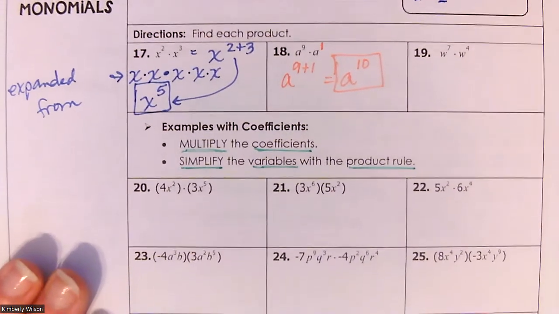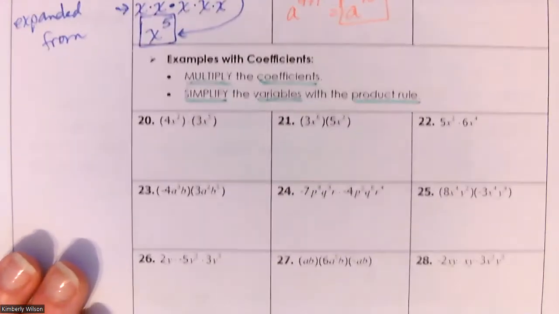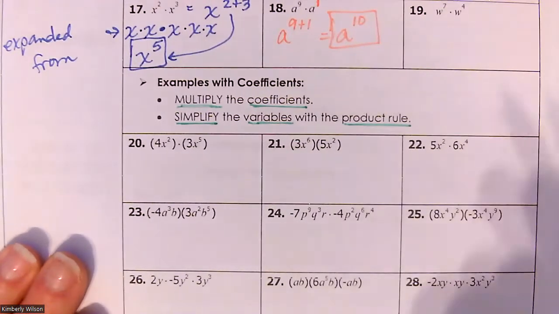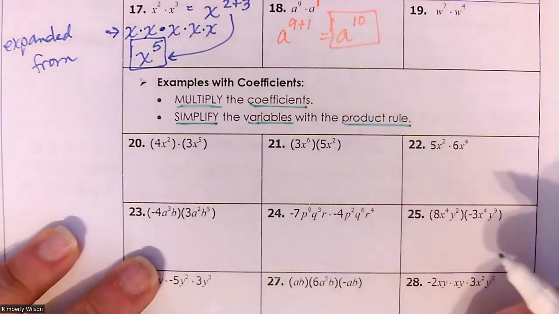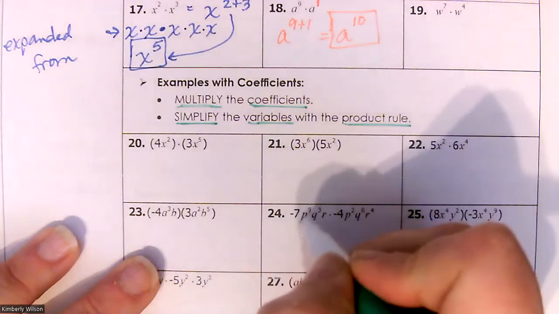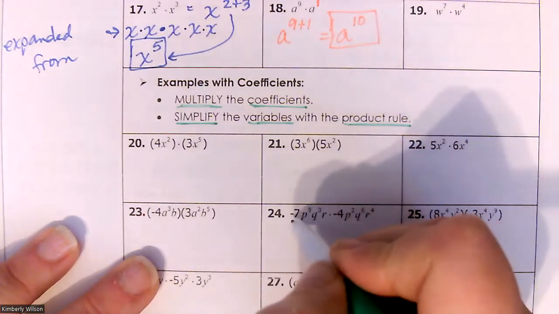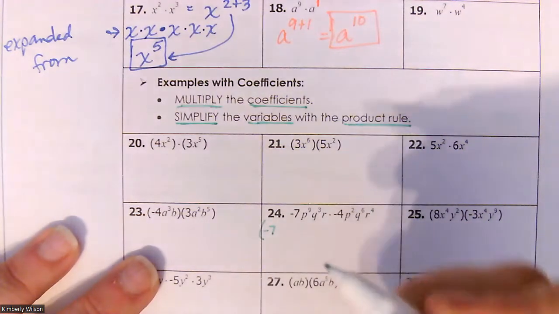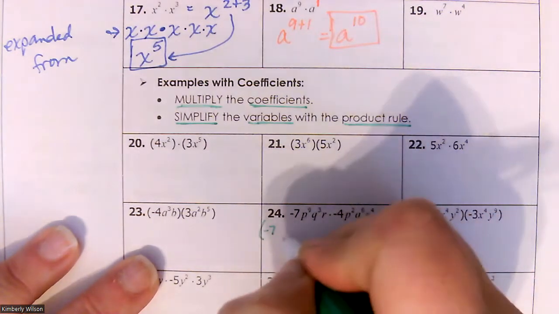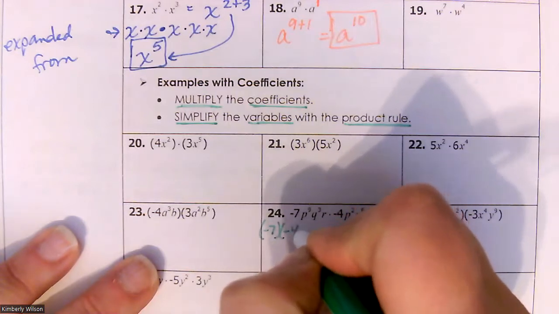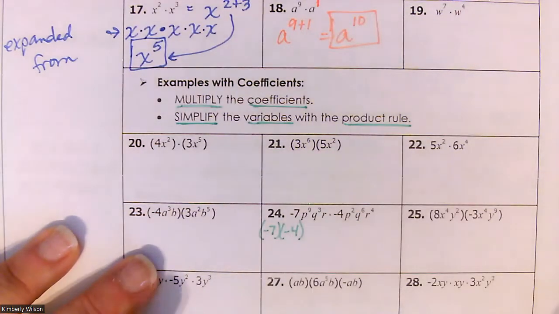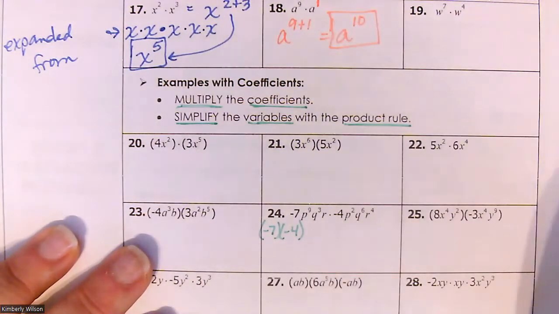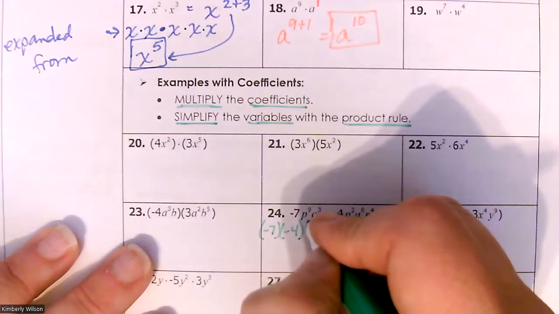So we're going to jump down and we're going to look at 24. I'll leave this right here so you can see it still. So I'm going to multiply the coefficients. So that means I'm doing negative 7, I'm going to write this out for this one so you can see what I'm doing. Negative 7 times negative 4. I'm kind of rearranging the order of everything, but it's all multiplication. So by the commutative property, I can do this. Then I'm going to have